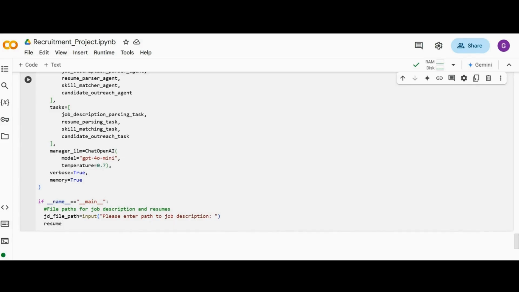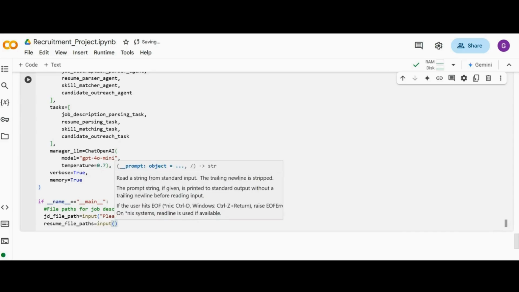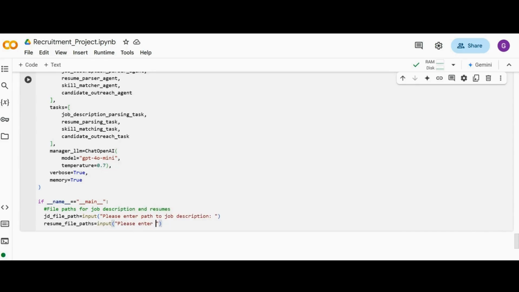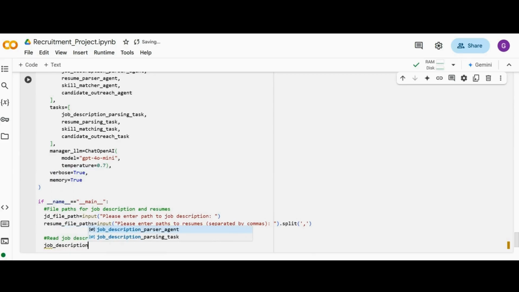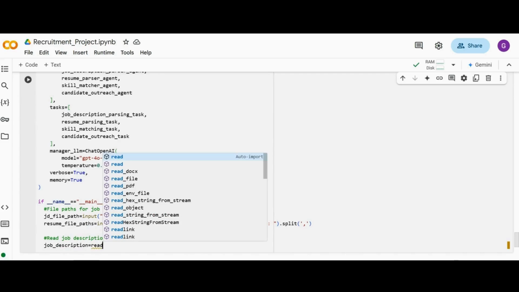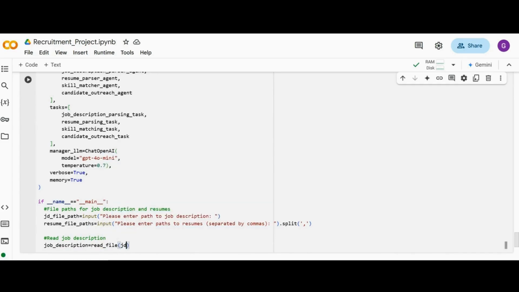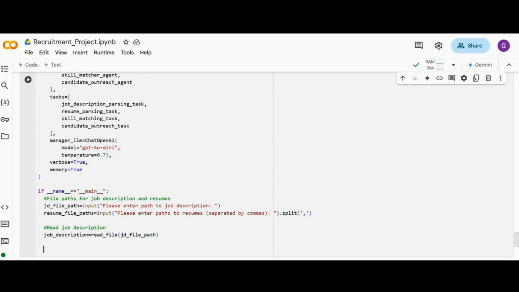Since we are planning here for multiple resumes, we will ask the user to enter the paths of the resumes using commas, and then we will just split the paths using dot split. The first thing we have to do is to read the job description. We will use the read file function which we created earlier. This is basically used to read the files, whether they are in PDF or docs format, and then